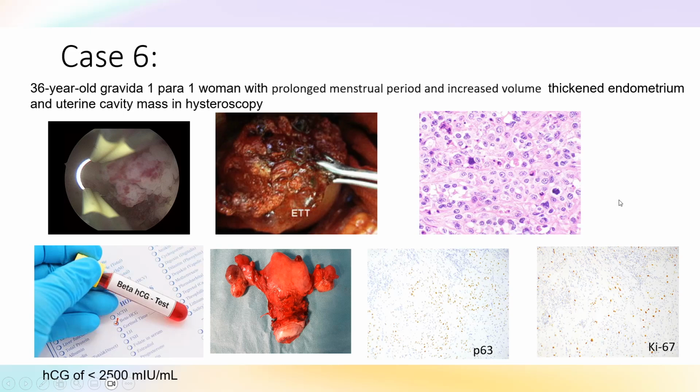Okay. Now we go for case number 6. Case number 6, we have a 36-year-old gravida 1, para 1 woman with prolonged menstrual period and increased volume, thickened endometrium, and a uterine cavity mass in hysteroscopy. Okay, so she had menstrual bleeding, and this is actually what you have seen